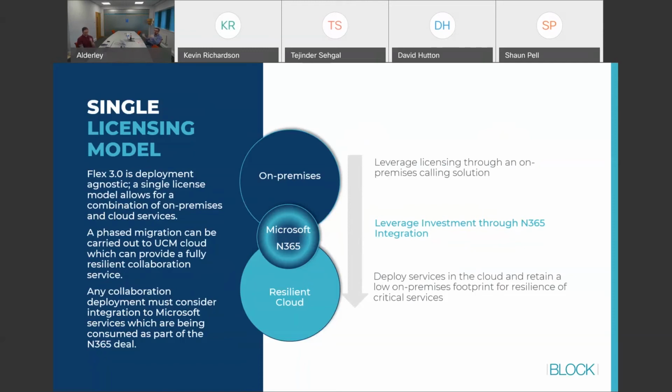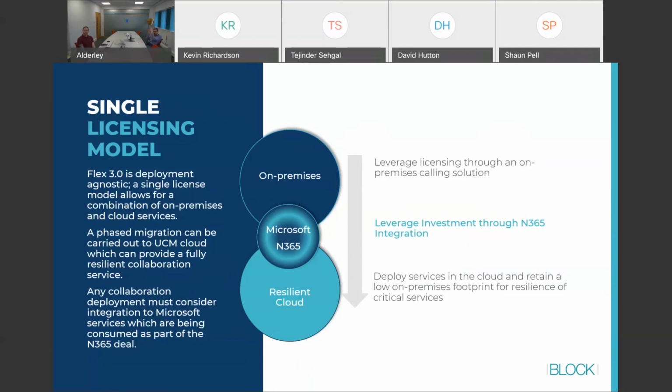So rather than people having to deal with multiple applications, multiple services that provide similar functionality, for instance, having a Cisco client that provides messaging and calling, and having a Microsoft client that also does the same things, actually making it easy for the users, making it seamless and transparent that they have an application that they can go to within Microsoft Teams, but they can leverage Cisco telephony and contact center services from within there. And that's whether you've got that on-premises deployment or the resilient cloud deployment.